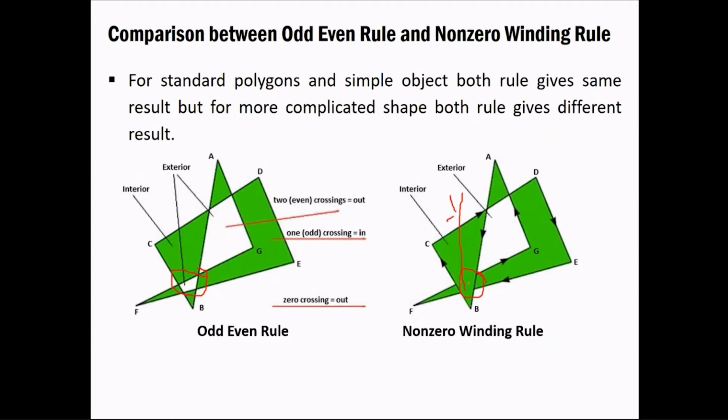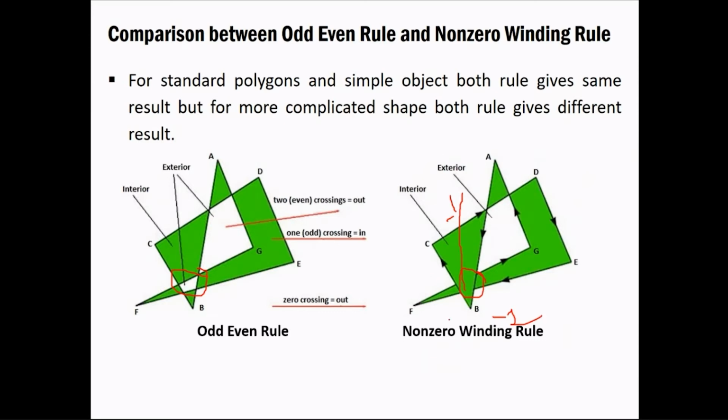Similar thing is over here. As you can see, the f to g line, the fg line is there, and the direction is the same, that is, it is passing from left to right. So over here again one value would be given to the counter. In our case the value is -1, so you just have to add both of these, and at the end you'll be getting -2, which is not equal to 0, and in this case it would be giving you the proper answer because it is not equal to 0. Then it says the point is interior. So you can clearly see the difference between both of these algorithms.